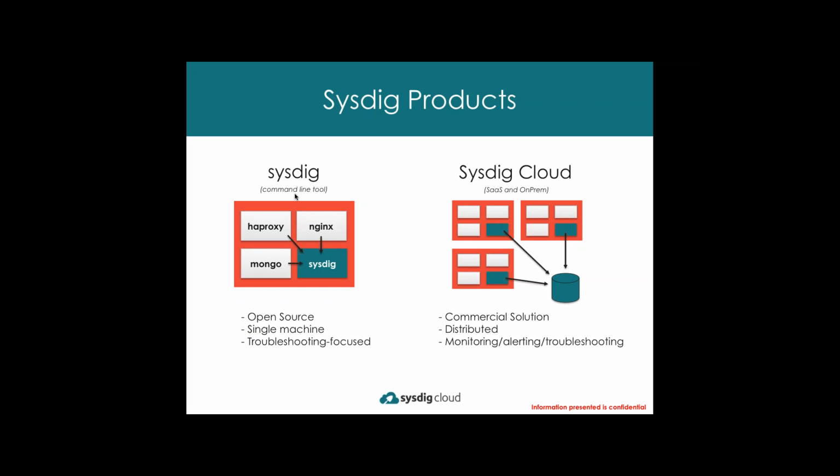Then what we've done is taken that single machine technology and built a fully distributed monitoring platform on top of it, and that is Sysdig Cloud. So in the case of Sysdig Cloud, we're going to collect all this information from each machine that you have instrumented with our monitoring container, aggregate it all together, put some intelligence on top of it, put some visualizations on top of it, and really deliver you everything that you'd expect from a modern cutting-edge monitoring solution. So dashboards and alerts and a whole lot more. So with that, what I'm going to do is jump over and actually show you what Sysdig Cloud looks like.